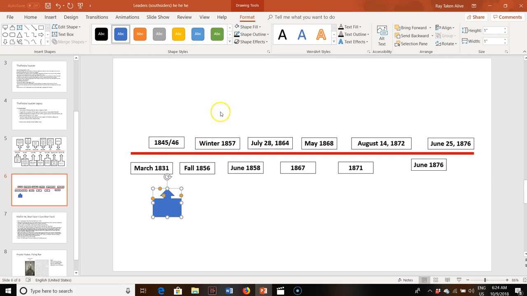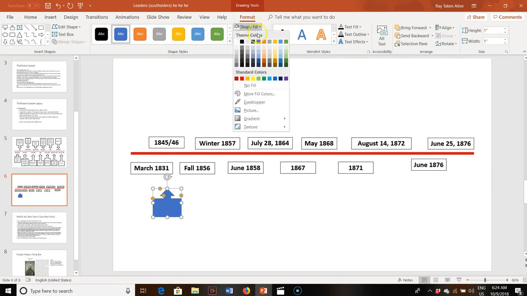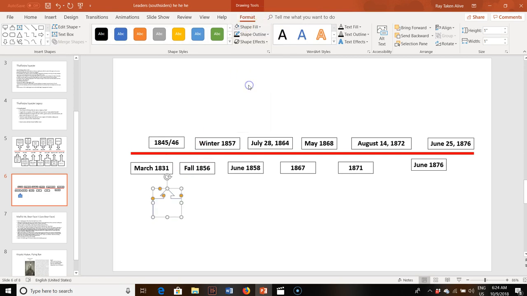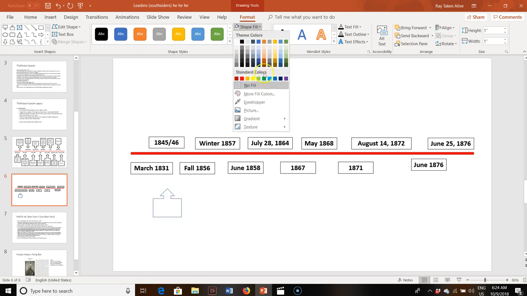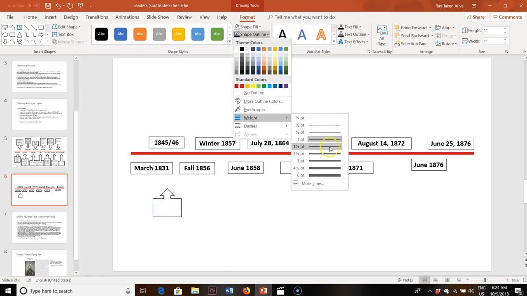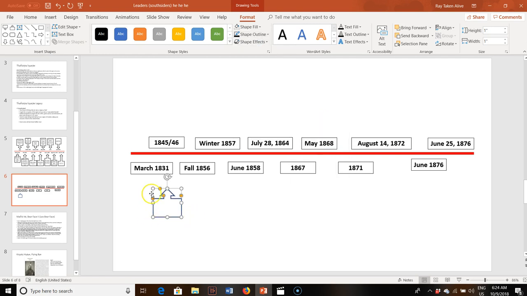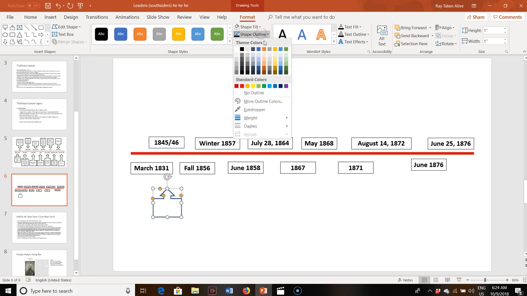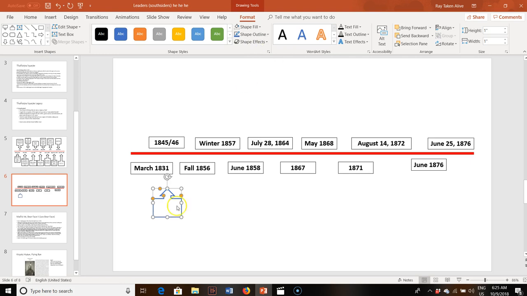Okay, insert the shape, shape fill, you want no shape fill, and then we're going to weight our line again. Shape outline, weight, and 2.5 looks pretty good. You can use whatever color you want. I think I might use yellow, but it doesn't really stand out. Blue maybe,